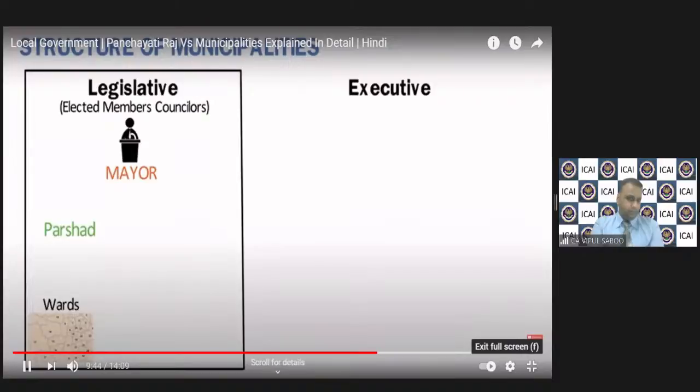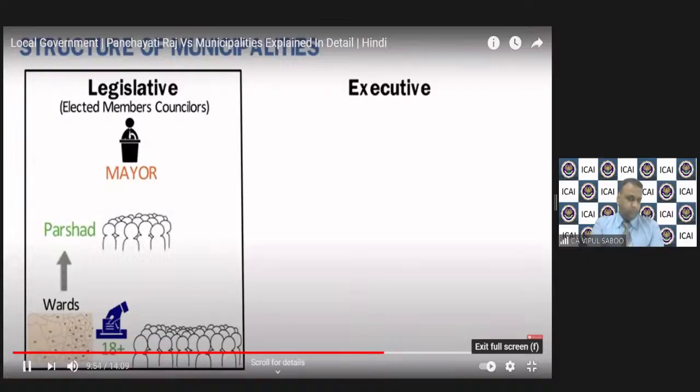इलेक्टेड मेंबर्स को इलेक्ट करने के लिए सिटी को कई सारे वार्ड्स में डिवाइड कर दिया जाता है जिन्हें हम कॉन्स्टिट्यूएंसी भी कहते हैं। हर वार्ड में उस वार्ड के एलिजिबल वोटर्स वोटिंग के थ्रू वार्ड काउंसिलर को इलेक्ट करते हैं, जिसे हम पार्षद भी कहते हैं। डिफरेंट वार्ड काउंसिलर को मिला के बनती है एक वार्ड कमेटी। हर वार्ड काउंसिलर कमेटी में अपने वार्ड यानी एरिया का रिप्रेजेंटेटिव होता है, और वार्ड्स कमेटी को मिला के बनती है म्युनिसिपैलिटी।